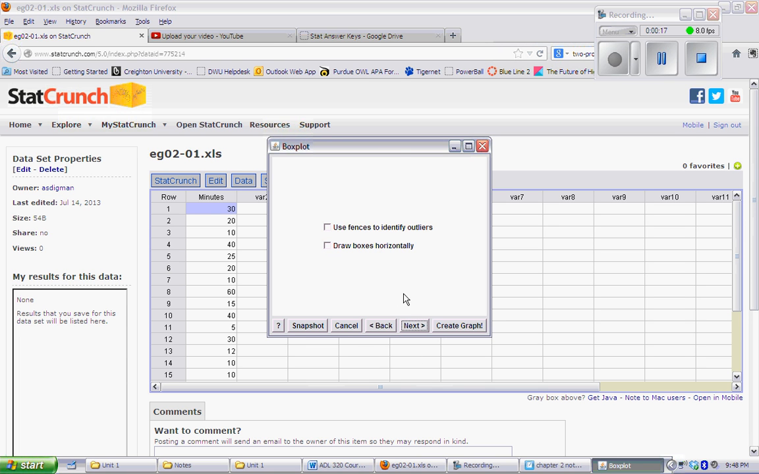For box plot, though, I would highly recommend in this next menu, instead of using the default options, using the fences to identify outliers and to draw the box horizontally. I prefer to look at a horizontal box plot. It's easier to see the range, easier to see the spread of the data, and use the fences to identify